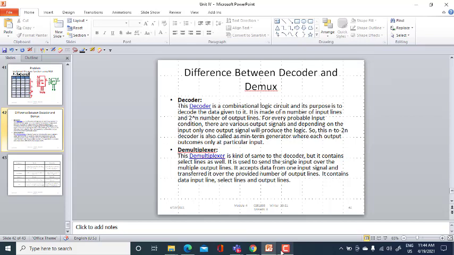The select lines in the demultiplexer determine which of the outputs should be connected to the input. But a decoder is not like that. Based on the input conditions, that particular input will be routed to the output.